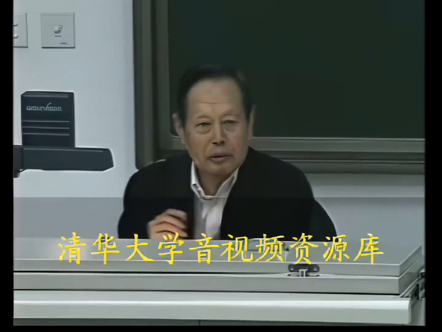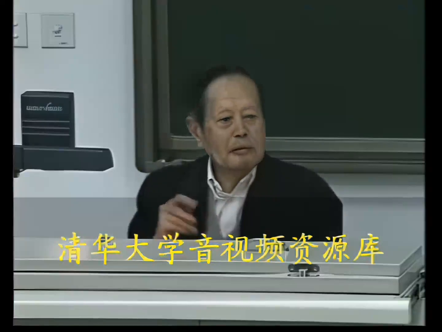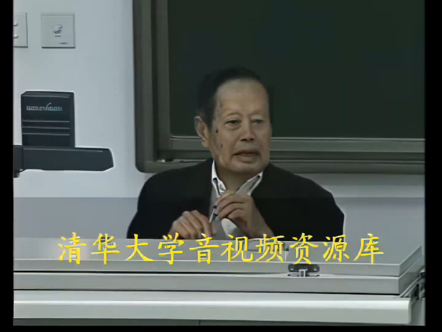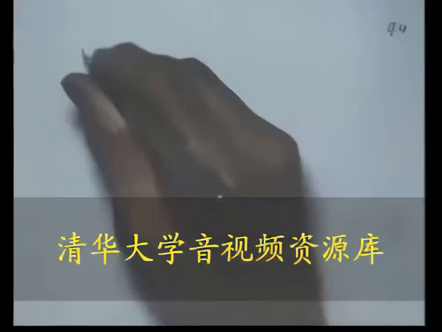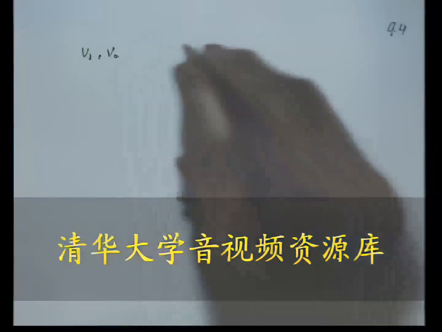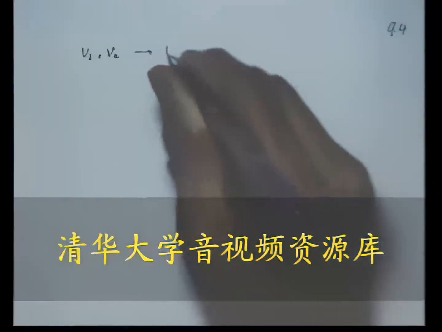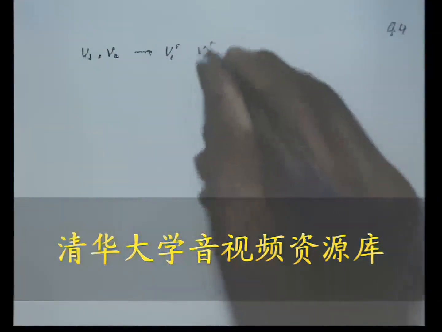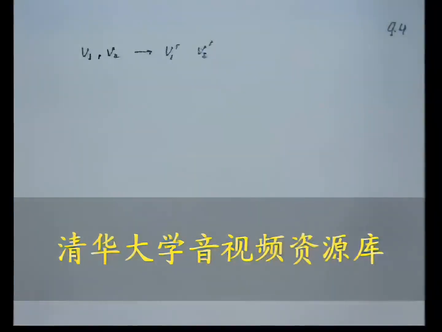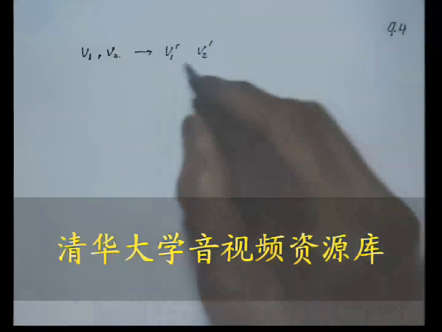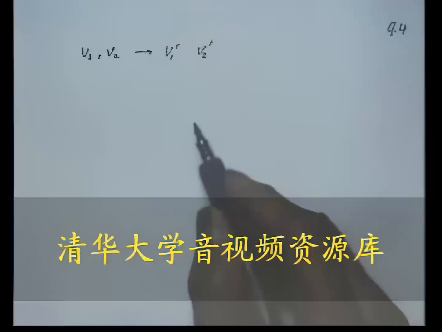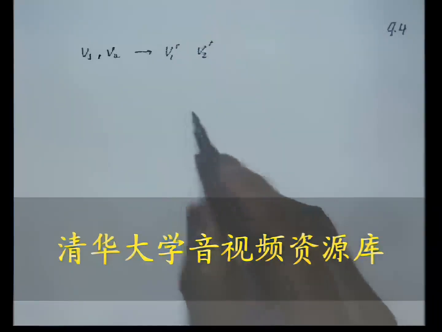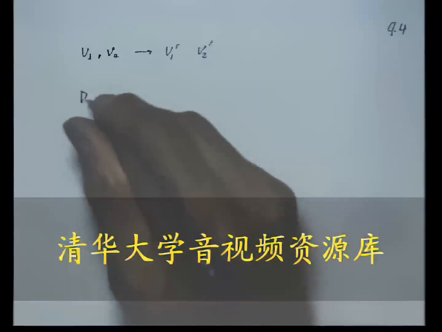So we have V1, V2, and V1 prime, V2 prime. Now let's introduce a new notation. So we have V1, V2 going into V1 prime, V2 prime. Let us now look at the velocity of the